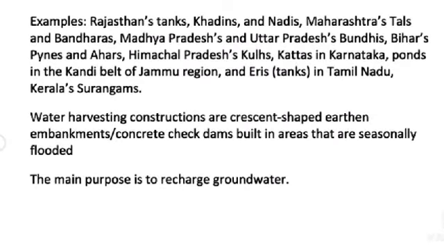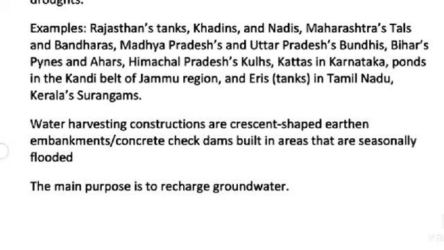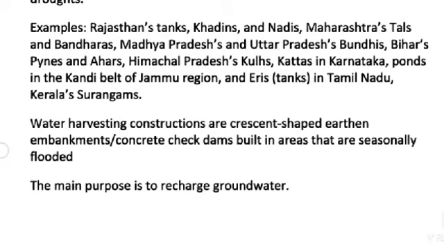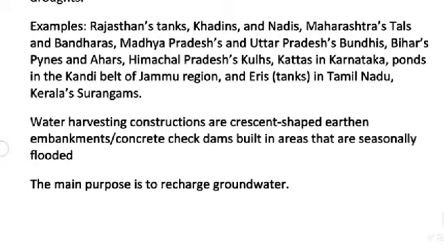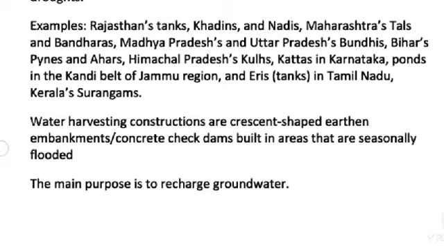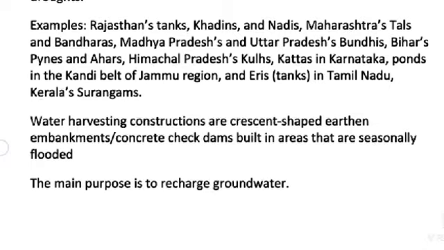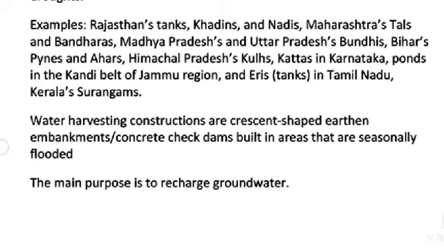Examples: Rajasthan tanks, Khadins and Nadis; Maharashtra, Tals and Bandharas; Madhya Pradesh and Uttar Pradesh, Bandhis; Bihar, Pynes and Ahars; Himachal Pradesh, Kulhs; Kattas in Karnataka; ponds in the Kandi belt of Jammu region; and Eris tanks in Tamil Nadu, Kerala,